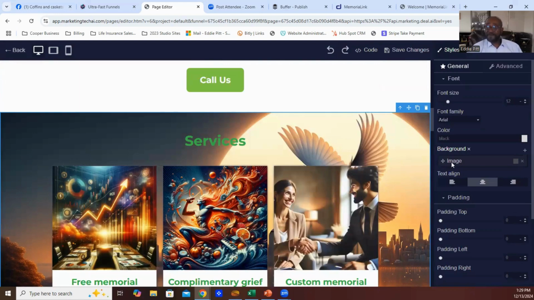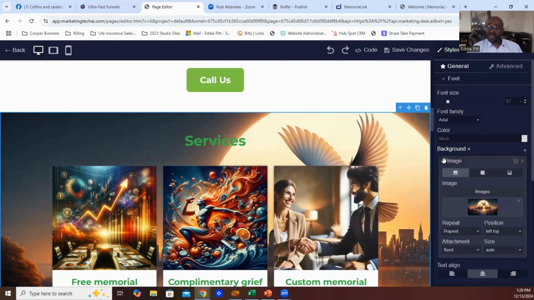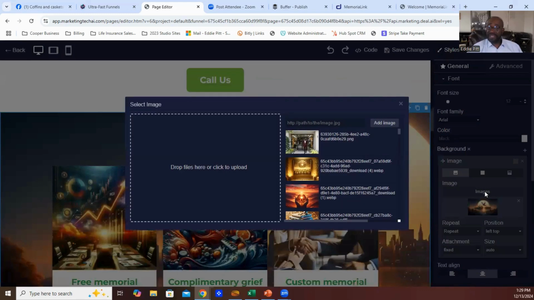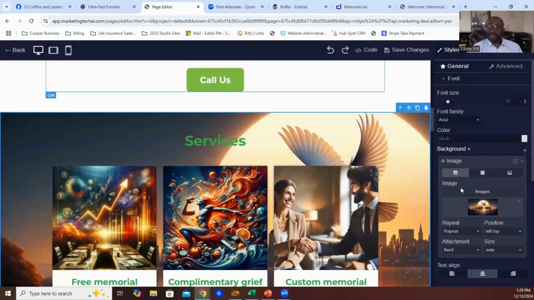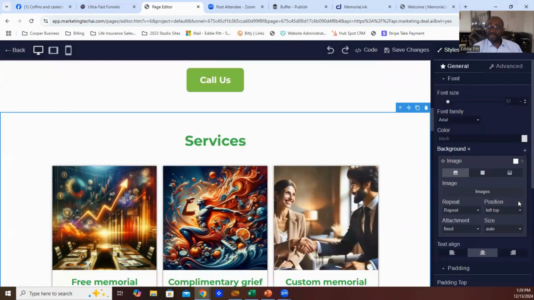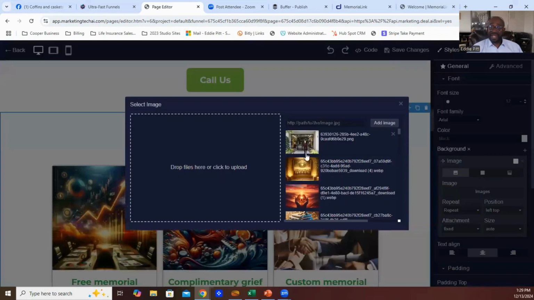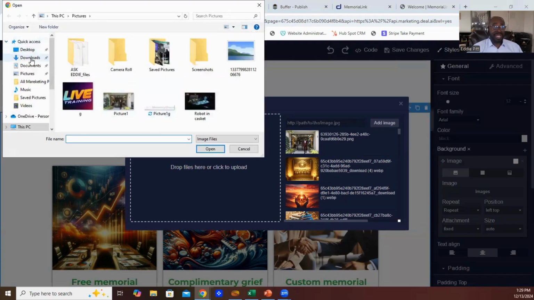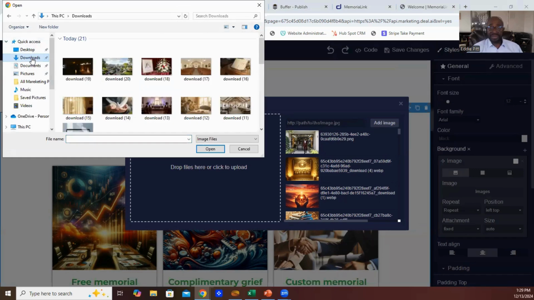Now over here, where it says image, you'll click on image, and here you'll see images. Okay. Now go back out of there. You see images. Get rid of the one that's there. I click images again, and I have a chance to click here, and I can upload an image, or I can go over here for images that were previously uploaded. So I'll go here and I'll upload an image. I have a few in download.